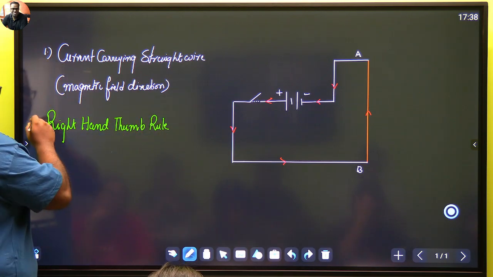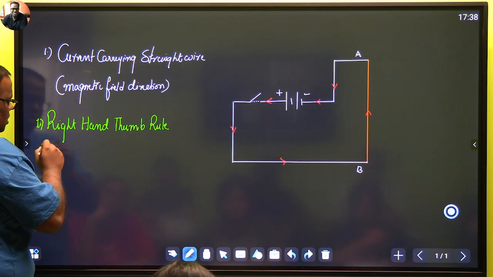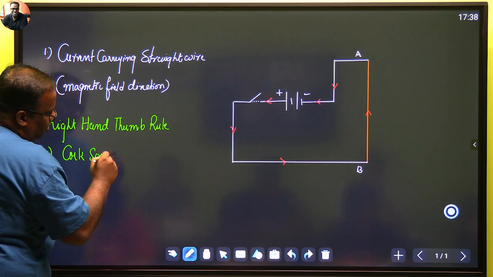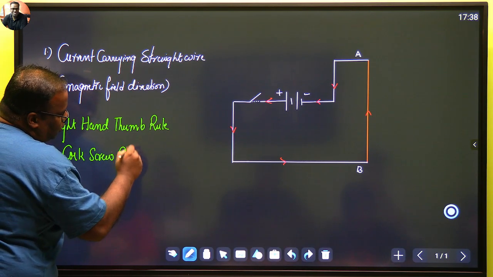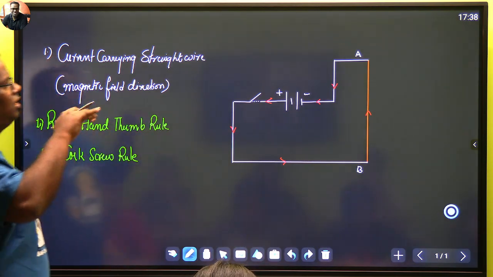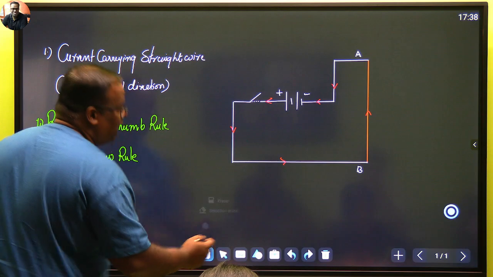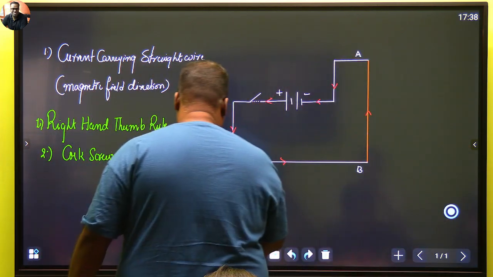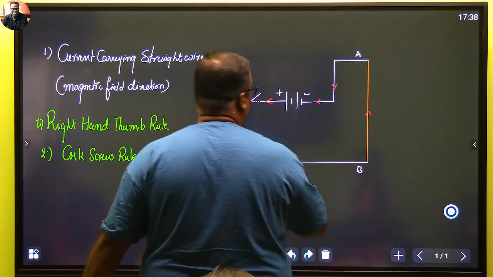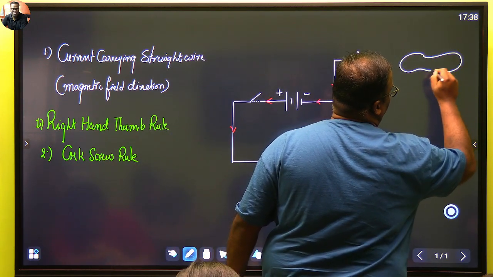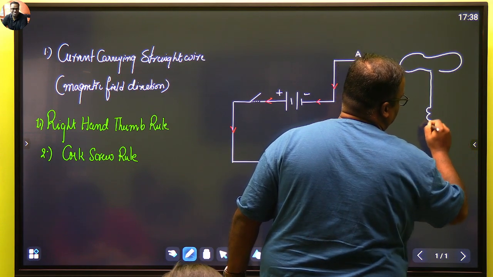Right hand thumb rule, and this is also known as the corkscrew rule. शैंपेन बॉटल ओपनर देखा है आपने, उसको हम कॉर्कस्क्रू बोलते हैं. It will be something like, दोनों का डायग्राम देखिए कैसा रहेगा. That diagram will be, champagne bottle openers are like this, or it can be a screwdriver also, ऐसे and ऐसे